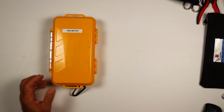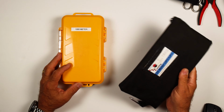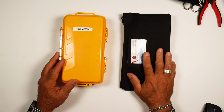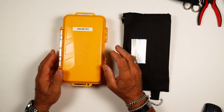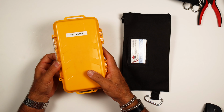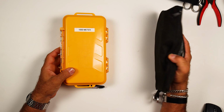Today we're going to talk a little bit about launch bags. I have some fiber characterization to do, and so I was pulling out some launch bags, and so I just want to talk a little bit about these, and then we're going to get into repairing them and doing some splice-on connectors. So a launch bag is nothing more than basically some form factor, whether it's an actual bag,